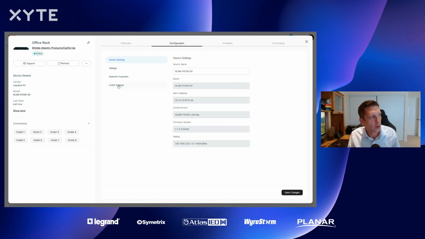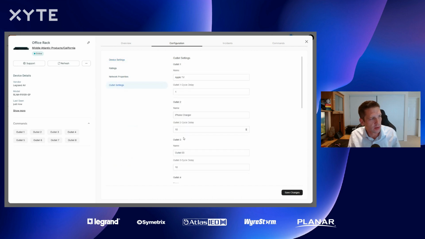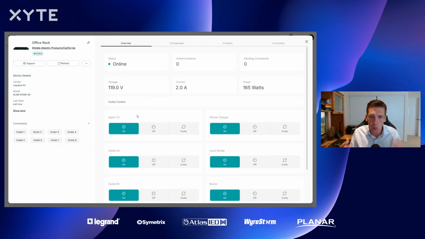This allows us to go in, go to our outlet settings, and change these outlet names so you can know exactly what products are in there. And to take that one step further, this is bi-directional feedback. So this is going to push it to the PDU or vice versa. If you already have a product set up with the names already set up, that's going to feed into it as well. So this is something again we worked very hard on and partnered with Excite on for these widgets